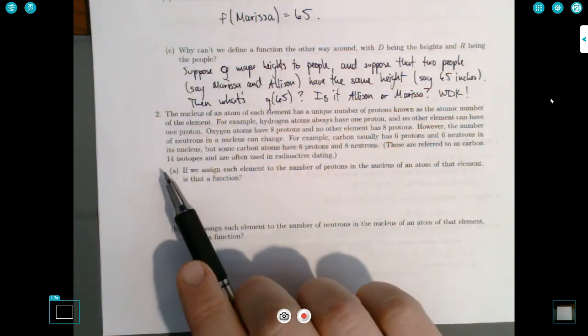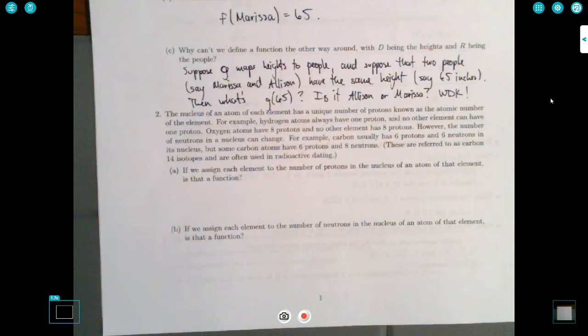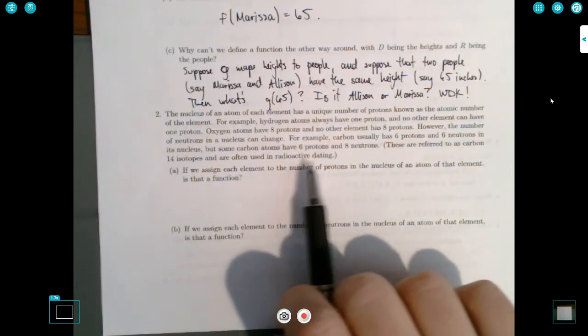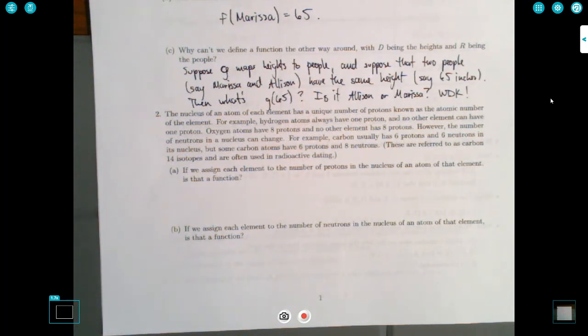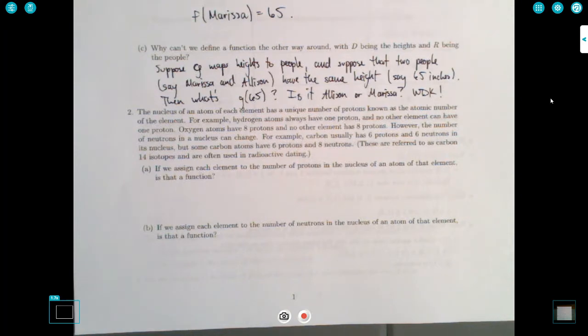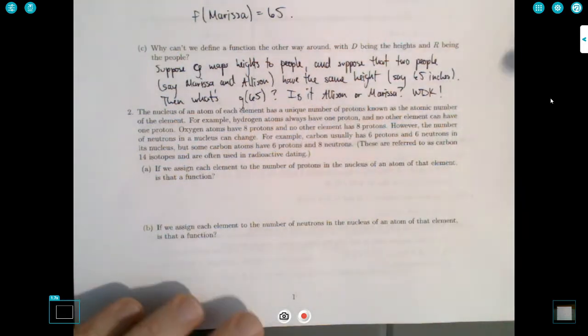These are referred to as carbon-14 isotopes. Okay, and they're used in radiometric or radioactive dating. In fact, each element has at least 2 different isotopes. So it's kind of an interesting fact about chemistry. But anyway, so part A says, if we assign each element to the number of protons in the nucleus of an atom of that element, is that a function? So in other words, we're asking if the domain,